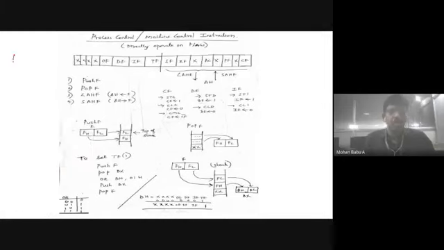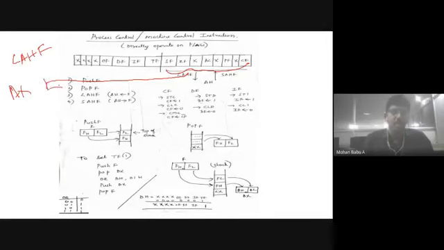See here, LAHF. We have AH and this one is the flag register. If I use LAHF, this will simply copy the lower byte of the flag register to the AX register.